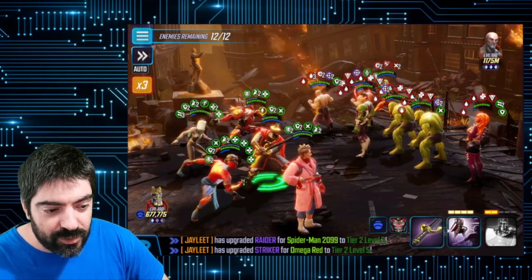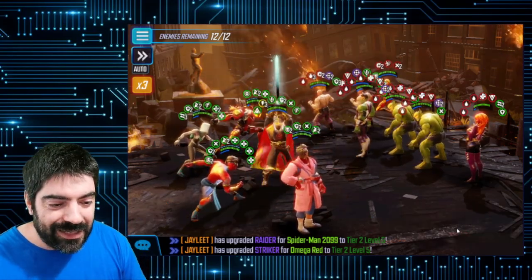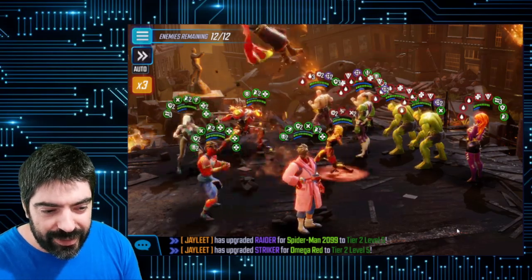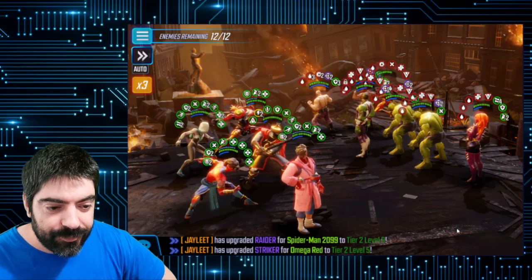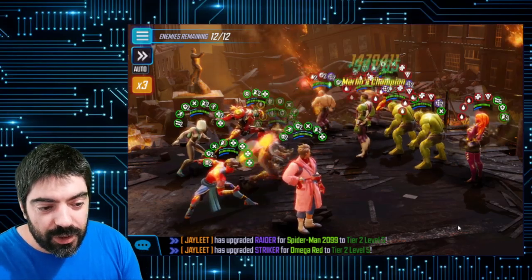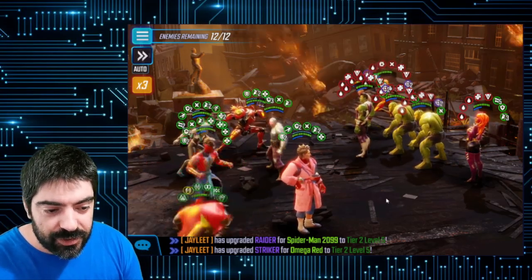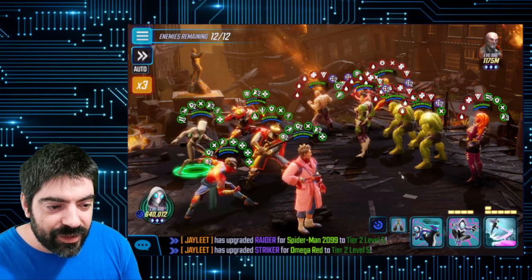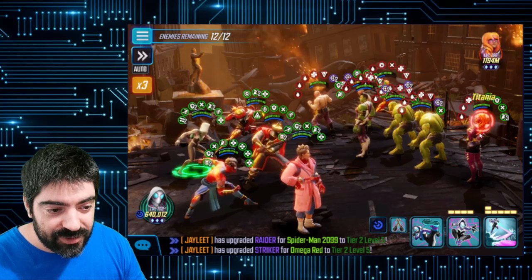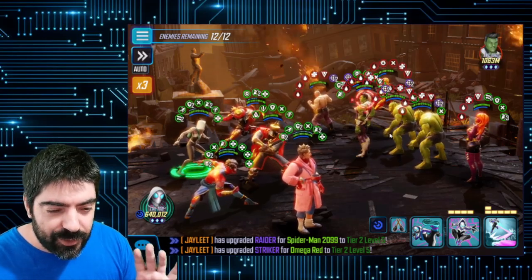Okay, so once again, you don't want to use any cooldowns. You just use your basics and anything that you need to heal and clear negative effects away. You can clear negative effects away either with the Black Knight special or with Peter B. Parker's ultimate. And you can see the enemies attacked there two times, and now we start to think if we